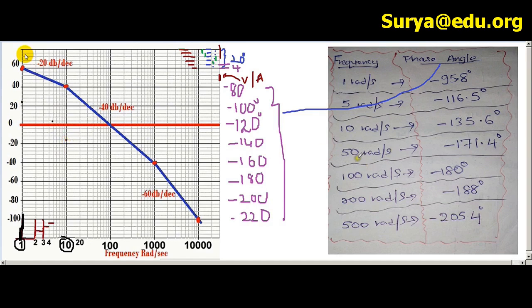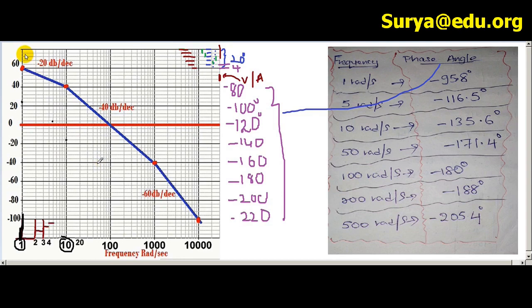So what is the next thing? 50 radians per second. So where is 50? What is the 50 frequency line? First check the value also, minus 171. Okay, so this is 10. Like this line is 10, this is 20, 30, 40 and 50. So this is the 50 line, right? And what is the value? This is 140. No need to go for 140, you can directly jump to 160, no problem. So this vertical line is 50 radians per second.